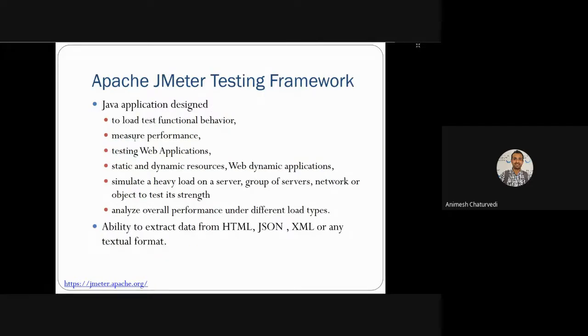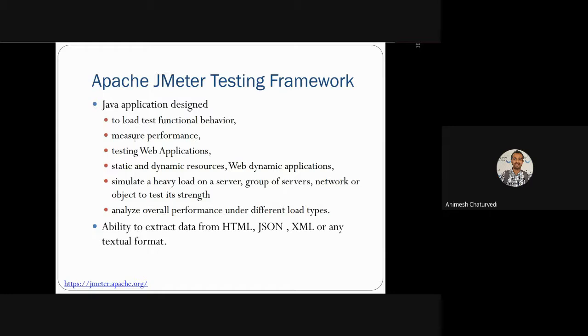Then we are going to see testing frameworks. What are the testing frameworks? We are going to study Apache JMeter. And Apache JMeter basically has parts or components for doing load testing, that is, how the functional behavior occurs for a particular web service under a particular load.